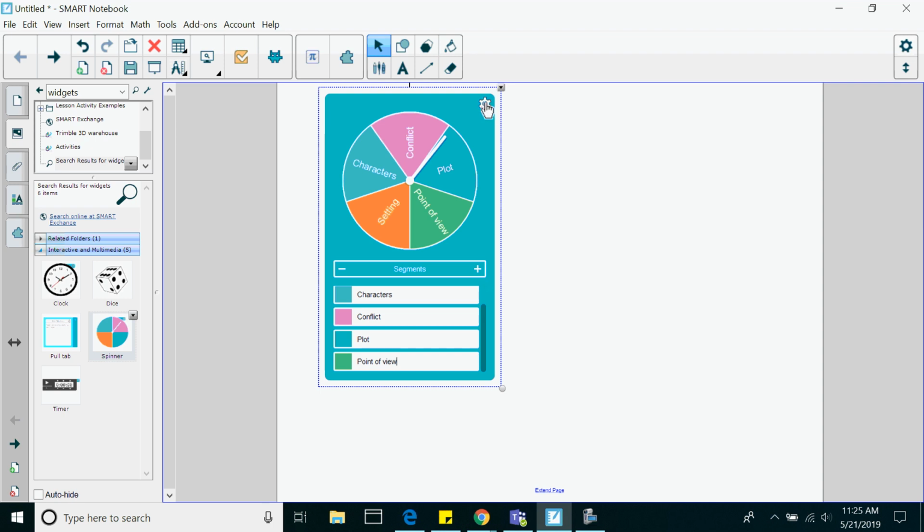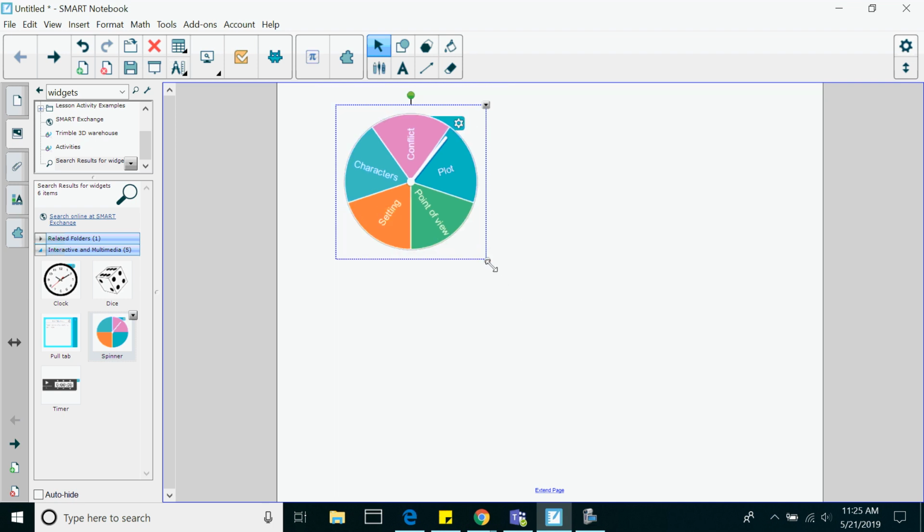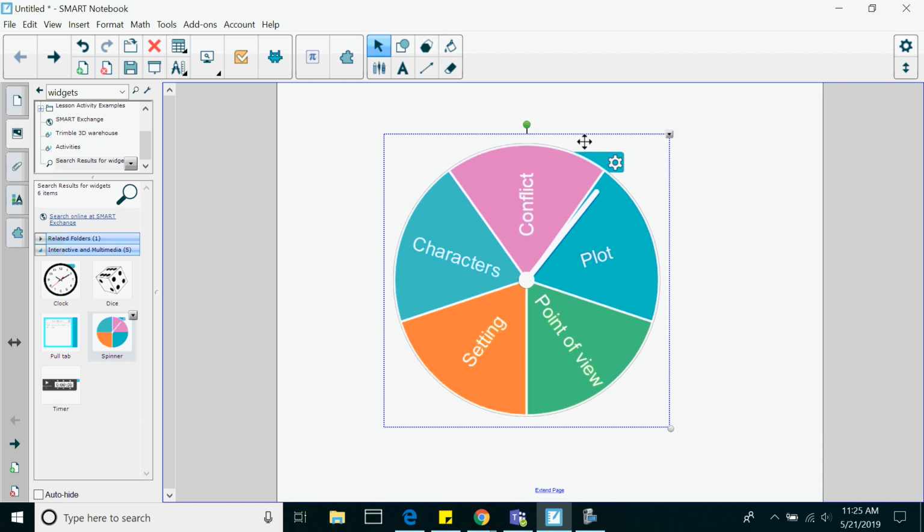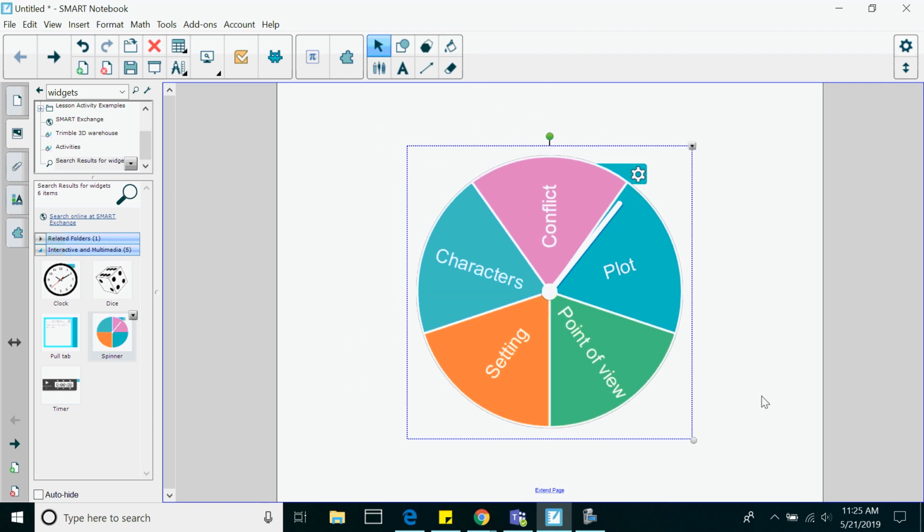And now, when I'm done, I can even make it larger, maybe centered on the page like I like to do. And then my students would simply come up and spin the spinner. And so whoever comes up in my class, for example, would spin and then tell me what it lands on. So setting, I'd like to know what the setting of the story we just read was. Then that student would perhaps pick another student to keep it exciting, and that student would tell us about the